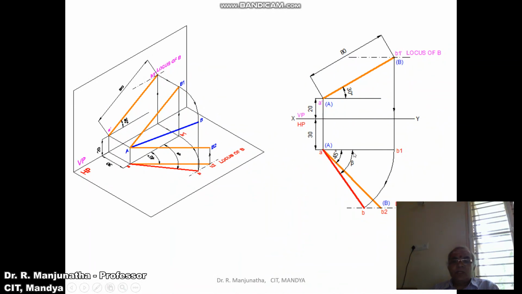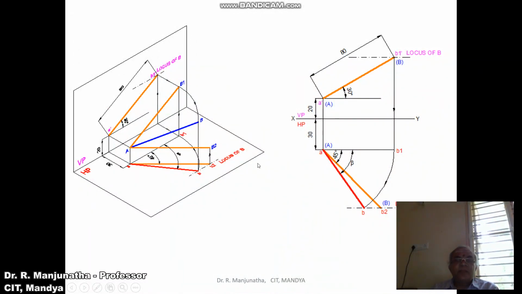Then measure the angle of this apparent inclination with respect to VP. Mark this point as beta. That is how we have been shown here. You rotate this such that this B1 will be on the locus of B in the top view, so that you will get the image. Once you look from the top view, A is here, B will be here. So you are going to get AB. So this will be the apparent inclination with respect to VP. Now, this we found out.